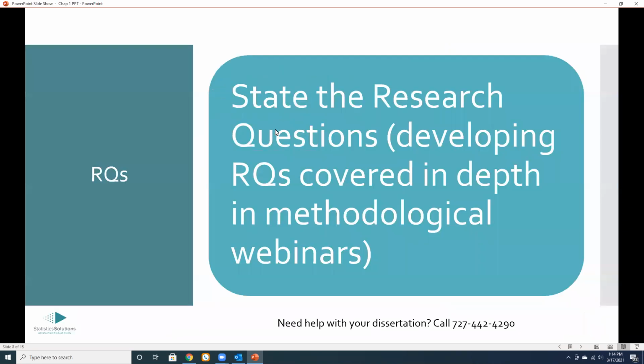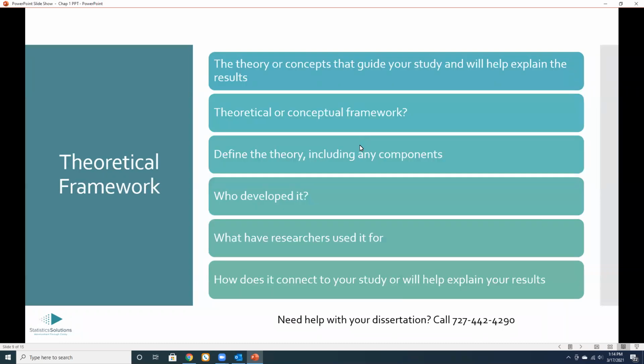Okay. Research questions, usually your research questions come in this area. Again, follow your template if they want it somewhere else. This is where you would state your research questions, but again, this is not a methods-based presentation, so we're not going to cover those, but check in on some of our other webinars for that. Usually the theoretical framework comes next,